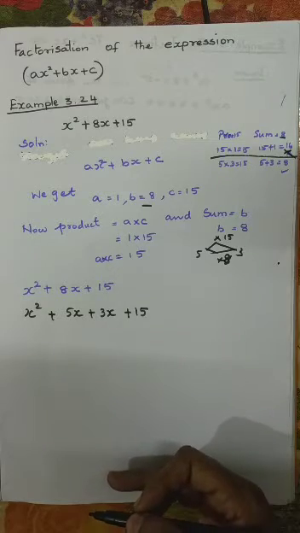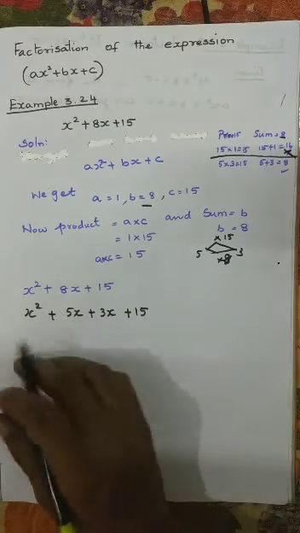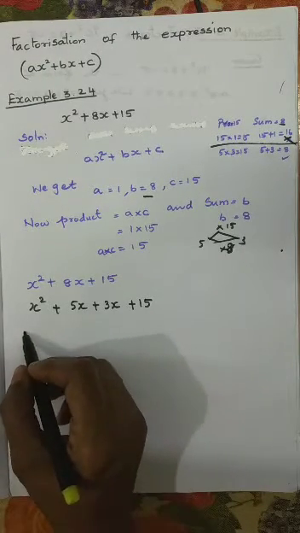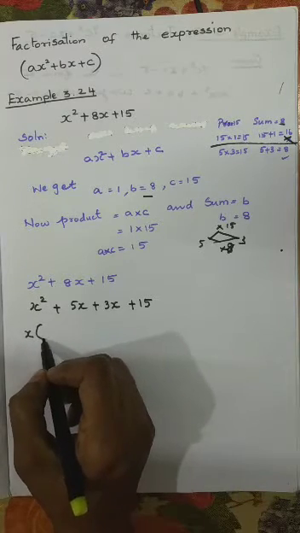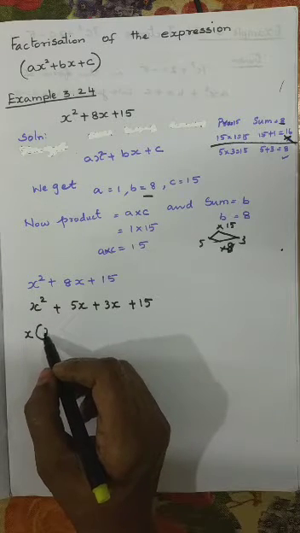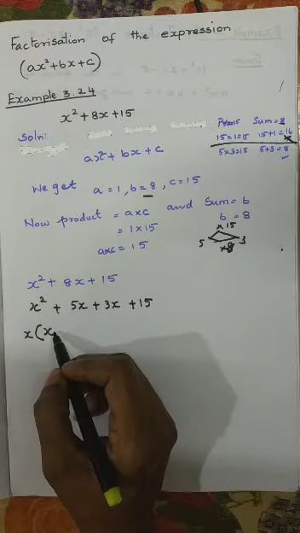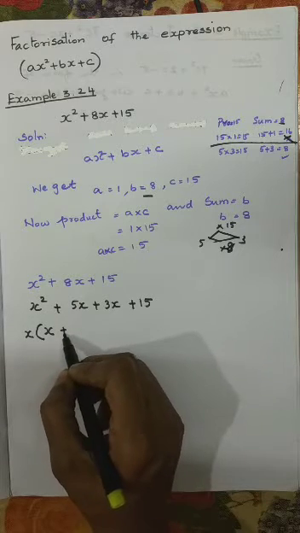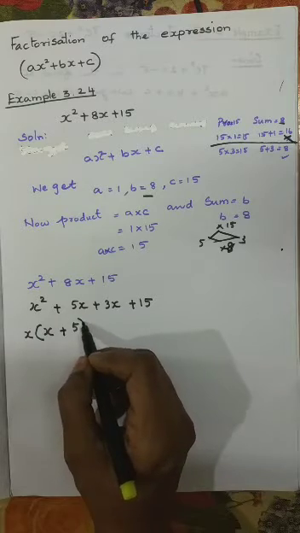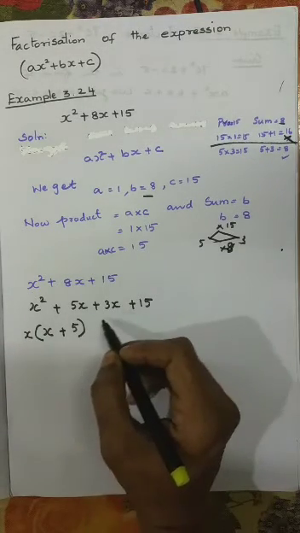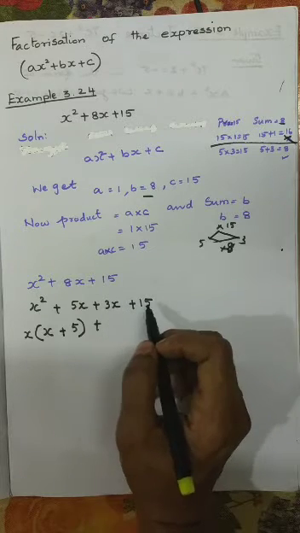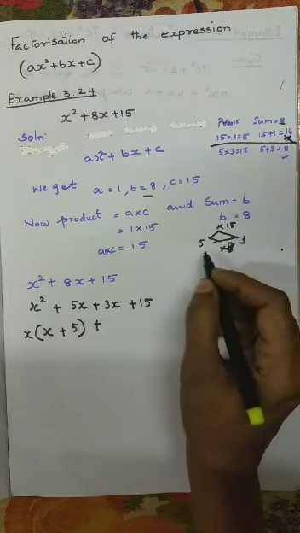Okay, now we shall take the common terms outside. Here there is an x and here there is an x, isn't it? So we can take x common. When taking common, the remaining is x into x. So 1x I have taken outside, then write the other x plus, and here we have taken the x outside, remaining is 5. Okay, x plus 5. Then here plus, 3 5s are 15, here also we have a 3, we can write 3 5s are 15.